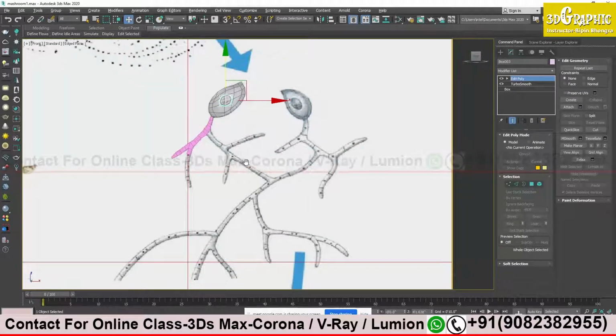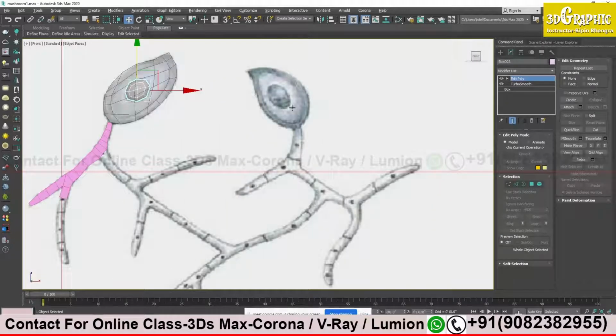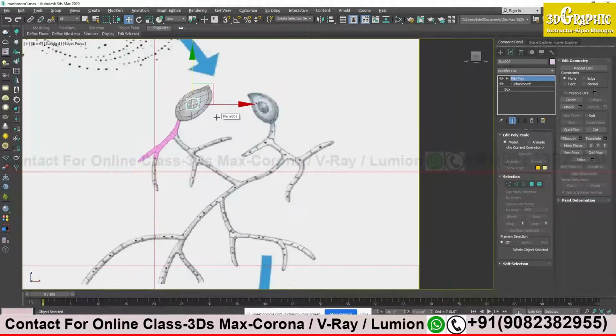Okay, so I hope that you will practice this out. Just do whatever I did. Try to complete the other one now, a little bit of branches over here, and try to do this small head over here on the right side. Try to cover this up. I will share this max file with you also, so that you can see this max file and you can practice as well. The video also I will upload it.